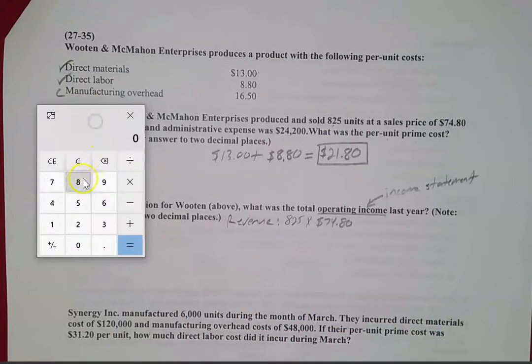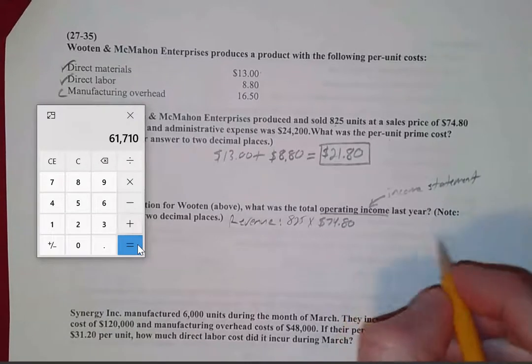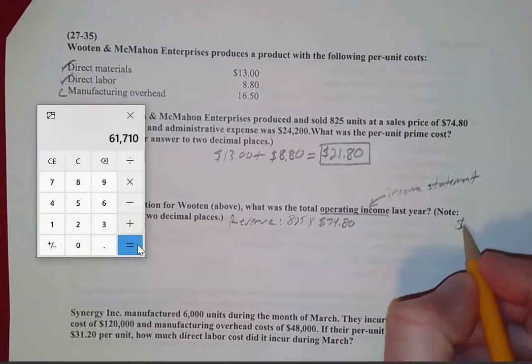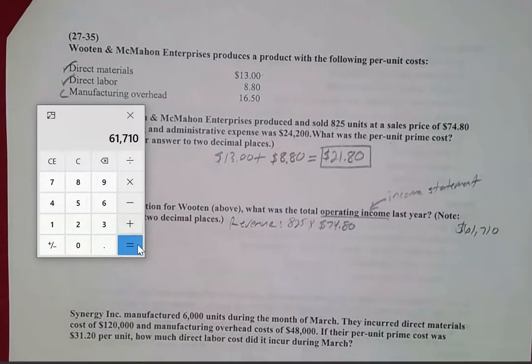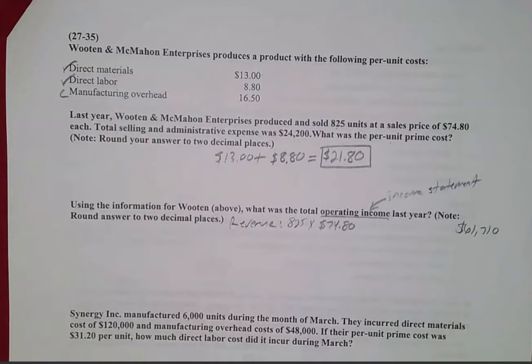And, if we do that, 825 units times $74.80 equals 61,710. That's going to be our total amount of revenue. All right, so then,